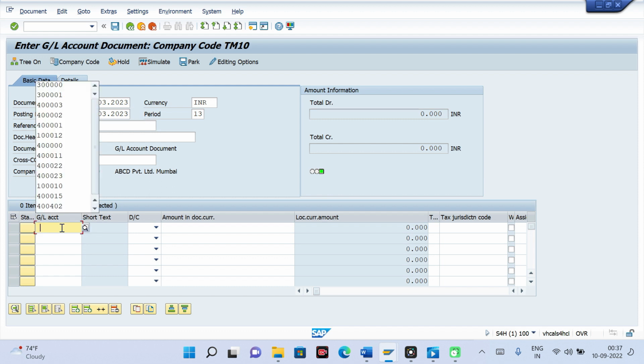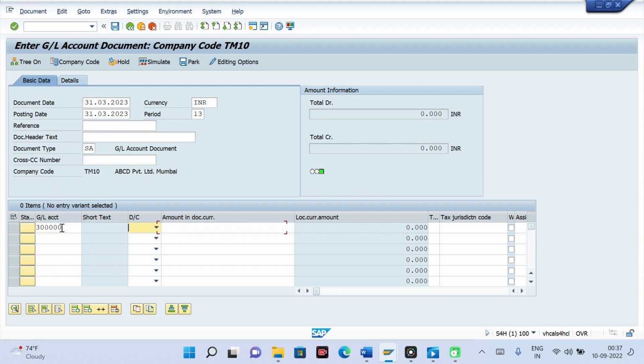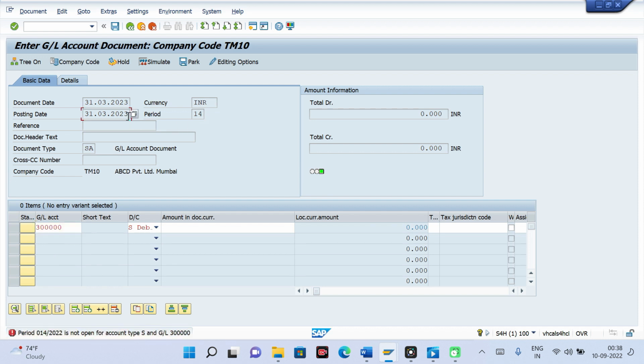So now give here the GL. This is the only difference if you want to post in any of the special periods 13, 14, 15, whatever you take. But this should be the last date of the last fiscal year.